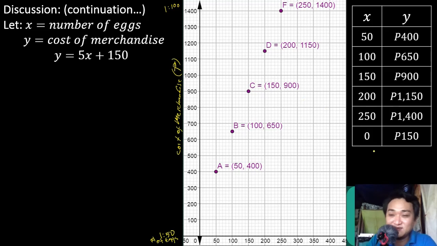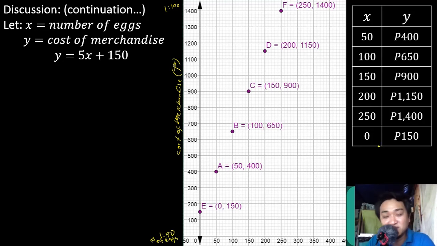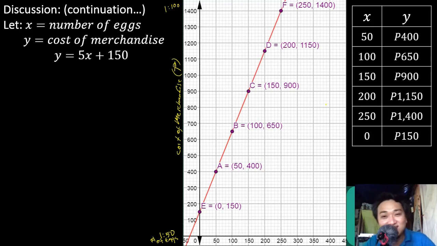Siyempre, wag nating kalimutan yung wala tayong na-deliver, wala tayong na-distribute, gagastos pa rin tayo sa gasolina. So that is 0 and 150. Now, tanong, ano yung itsura ng graph pag kinonect natin siya? So, pag kinonect po natin siya, ang itsura po ng graph is a line